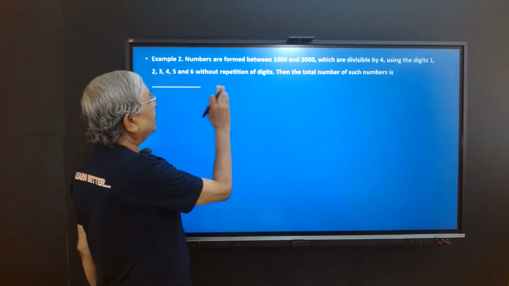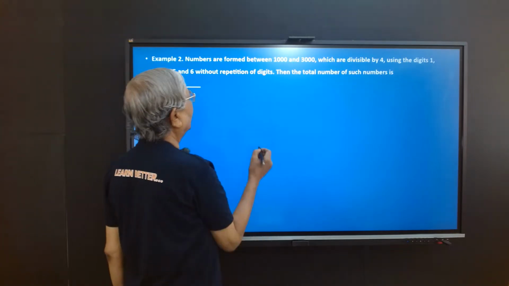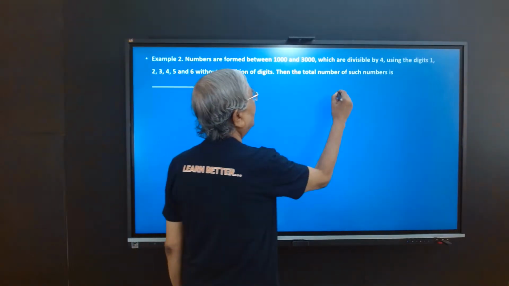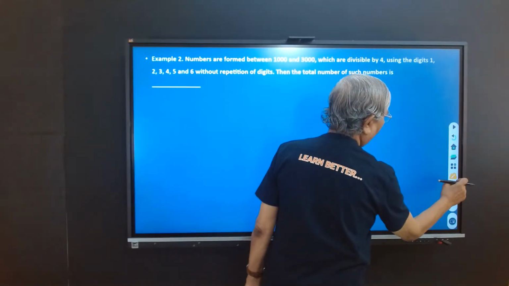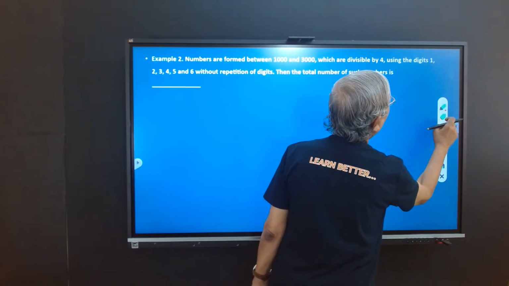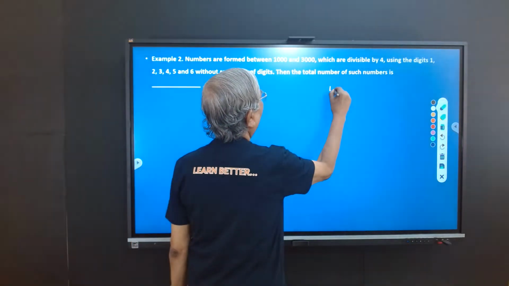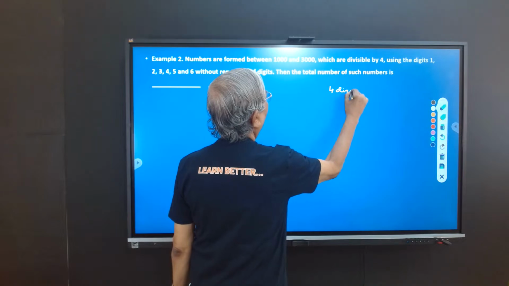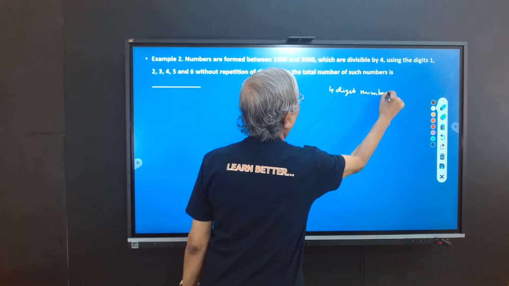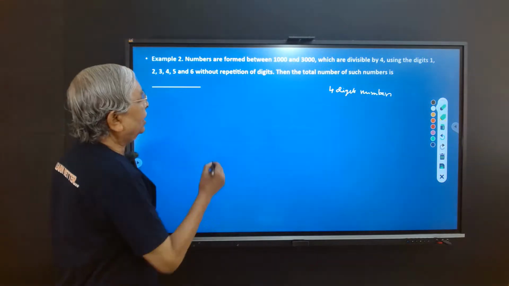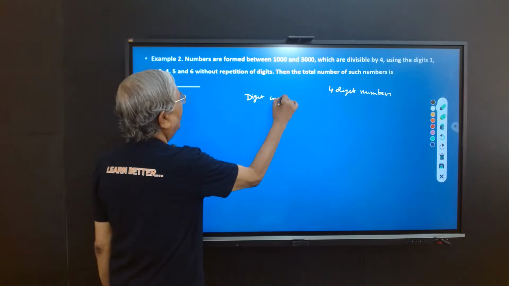Now, as the numbers are between 1000 and 3000, these will be 4-digit numbers. The digit in the thousand place must be